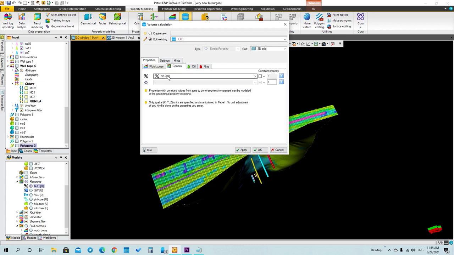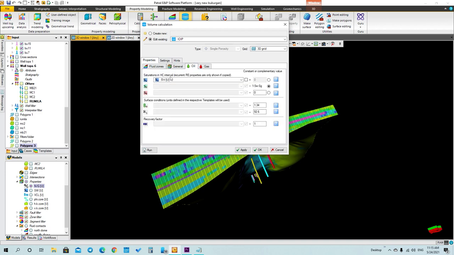Press on general, and here select the value of net gross that we have already upscaled, and here porosity, I think. Okay, here is the value of net gross, and here the saturation, water saturation,